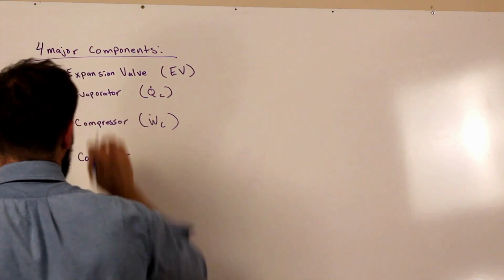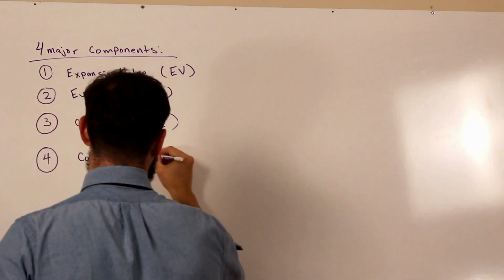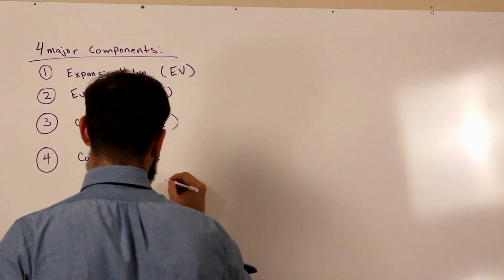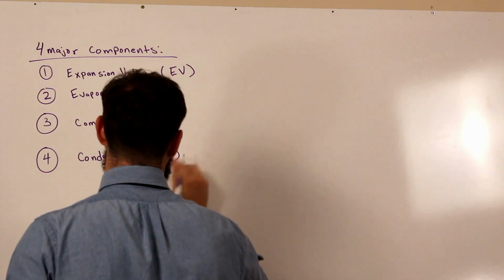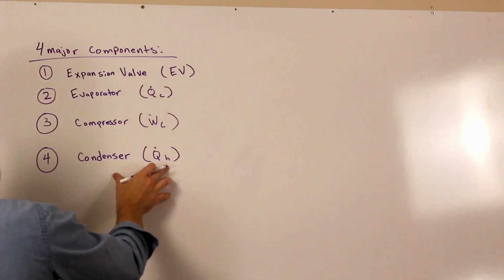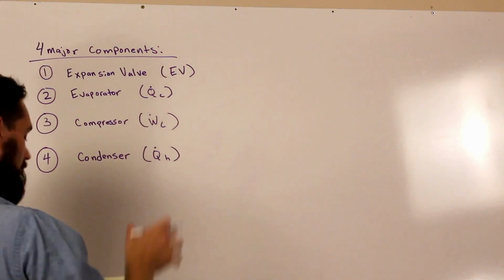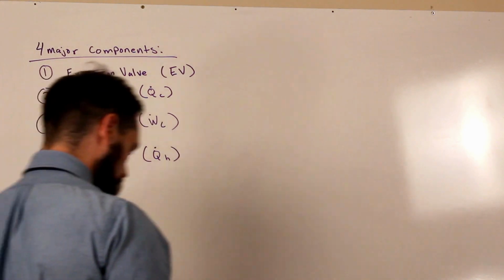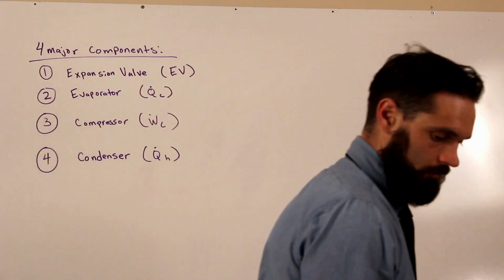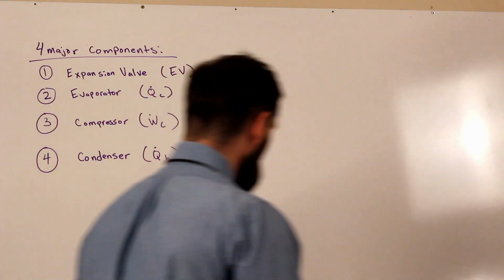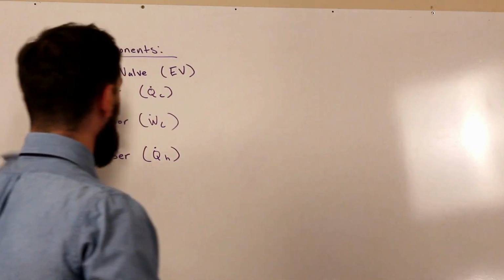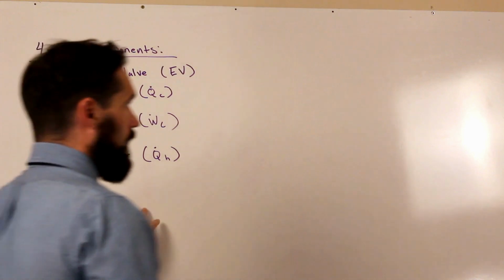And the condenser, like the evaporator, is a heat exchanger. So I'll use Q as part of its abbreviation and H as the other part, because the condenser is the exchanger on the hot side of this cycle. Now, what we're going to do, we've listed out the 4 major components, and we're going to assemble